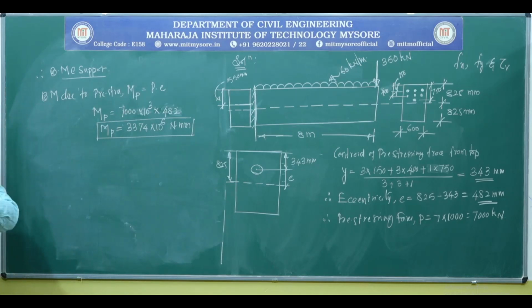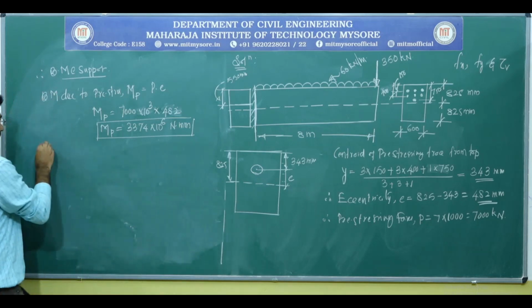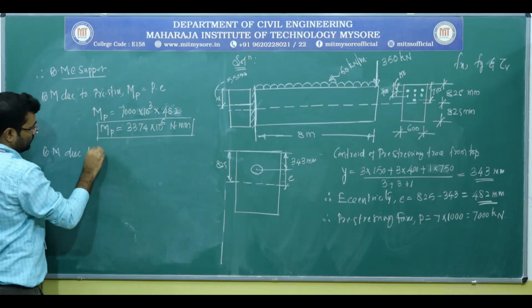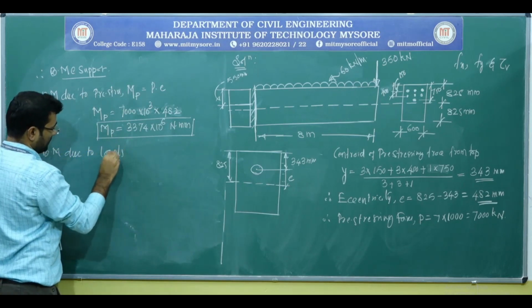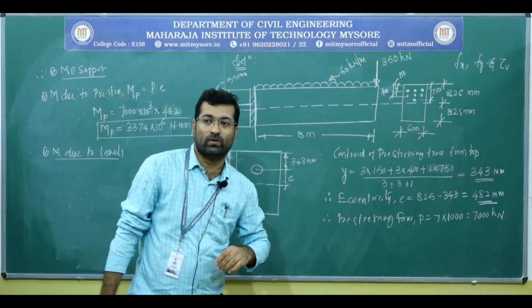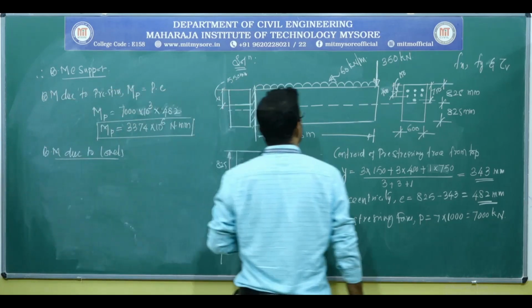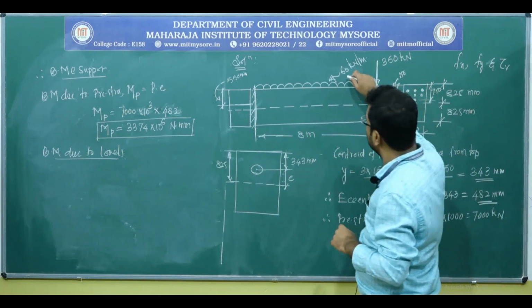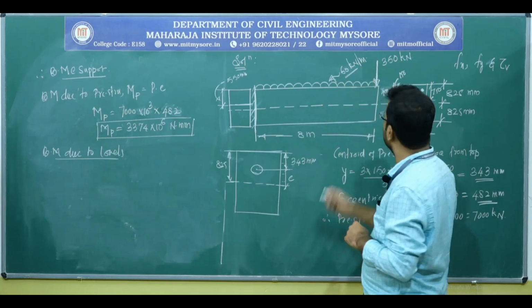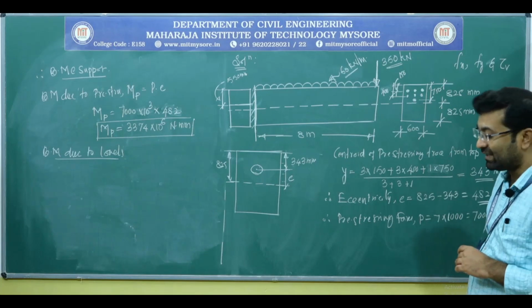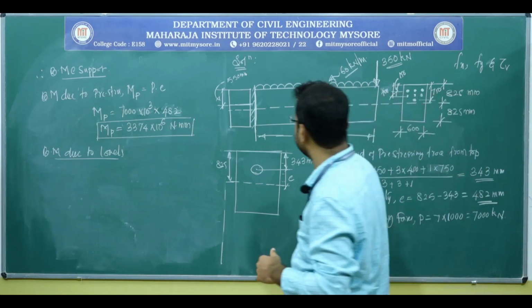And also we have to calculate the moment due to the loads. Okay. Next one is the bending moment due to loads. Again we have to calculate the bending moment at the support section. Now here you can see there are two different types of loads acting on the beam. One is this 60 kilonewton UDL and another one is the 350 kilonewtons of reacting force from the other beam.